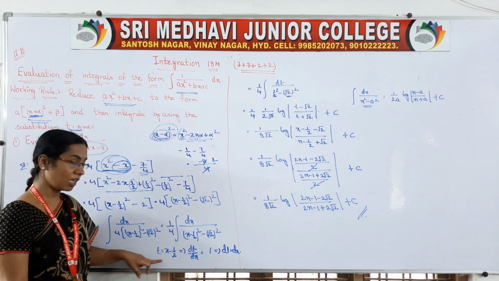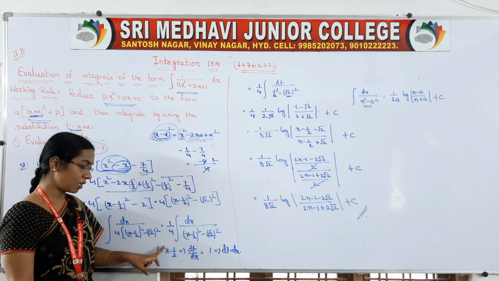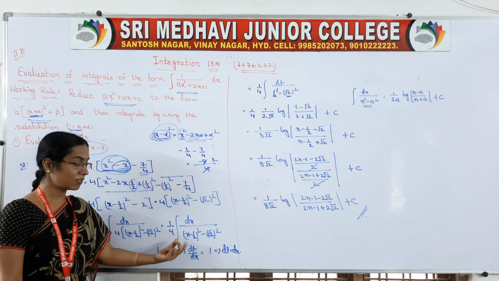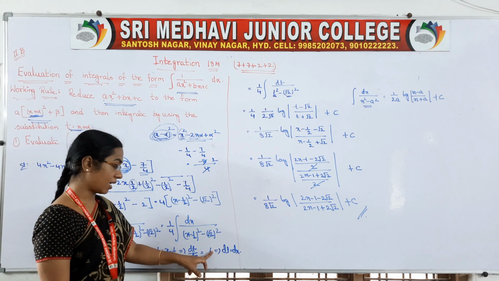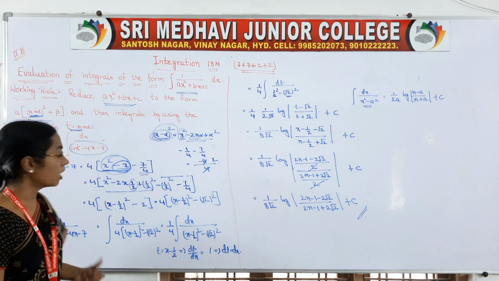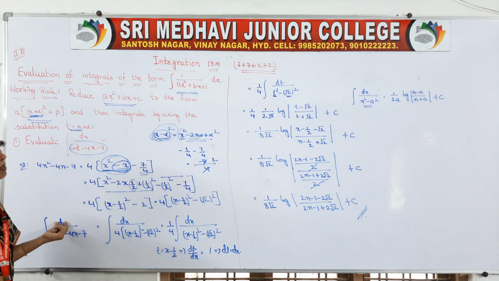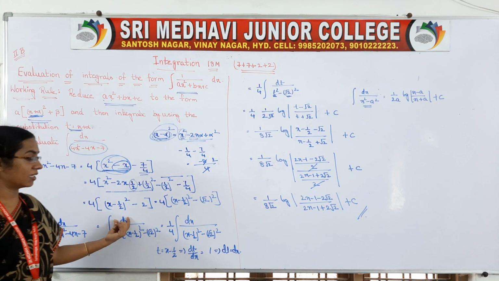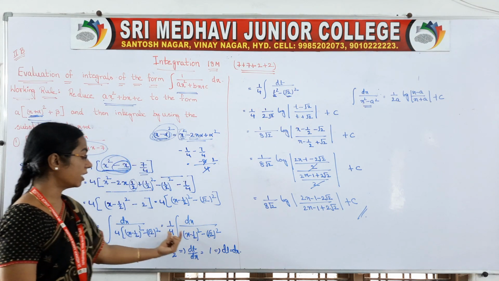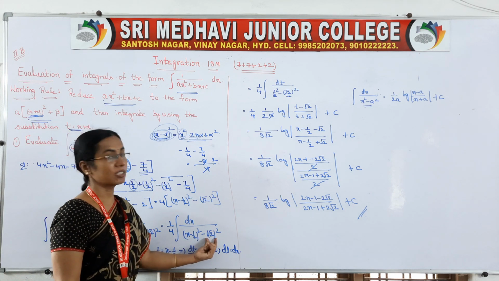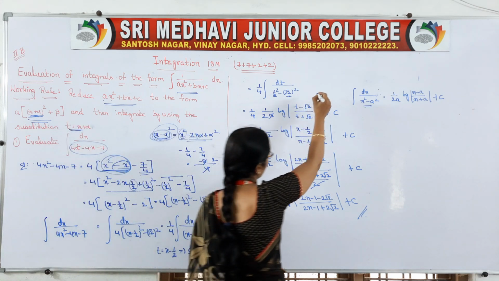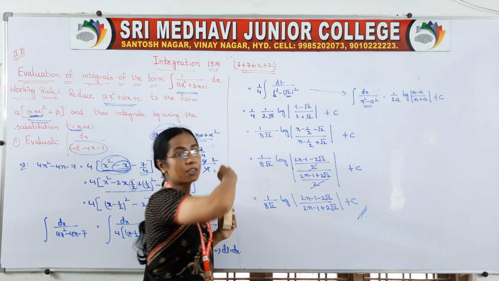Differentiating with respect to x on both sides, dt by dx: d by dx of x is 1, d by dx of a constant is 0, so 1 minus 0 is 1. Sending dx to that side, 1 into dx, dx. So dt is equal to dx. So now in this integral, in dx's place we have substituted dt, and this is taken as t square, this is root 2 whole square as it is. Now your problem is purely in this standard form.